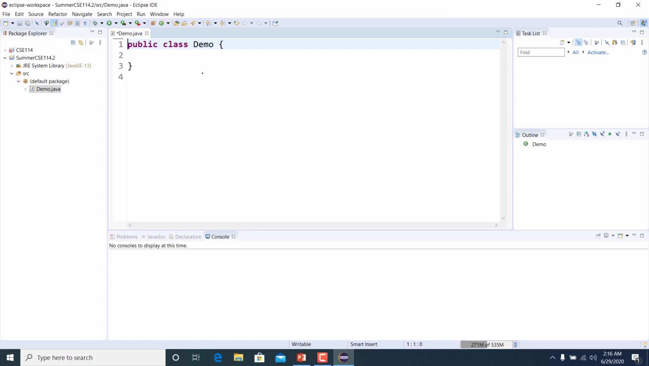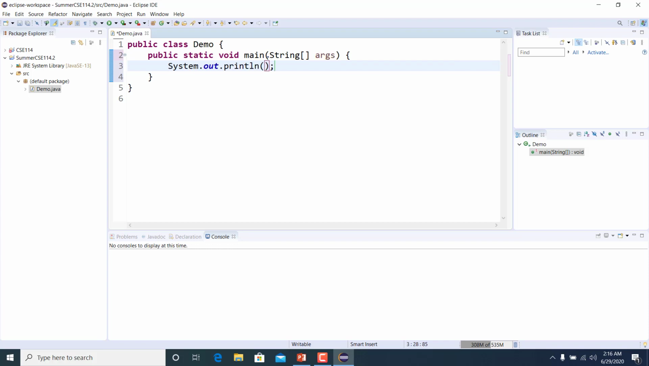Okay, so now it will open this kind of template for me. It already created a class, public class demo. I don't need to do anything for that. Now I will start writing my main program, public static void main. Okay, so here in the main I need to follow the same args, right? Okay, good. So let me write a very simple program,